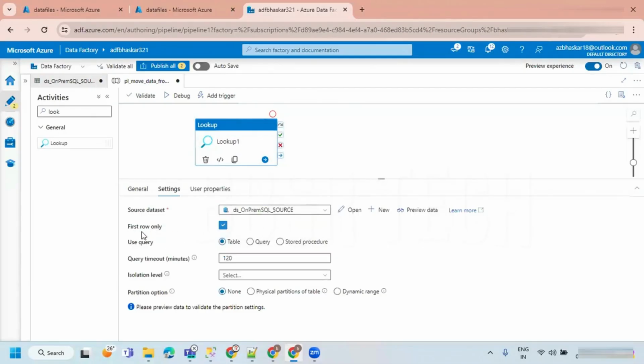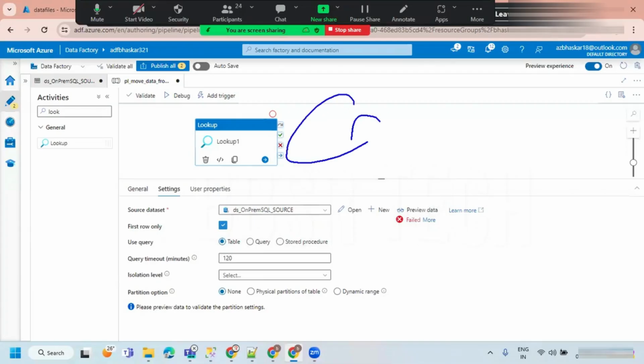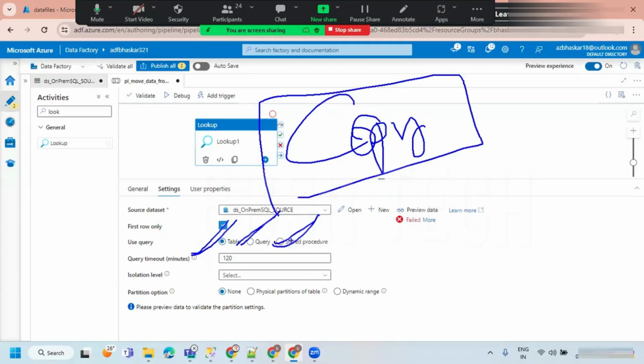By default it returns only one row, and if you preview the data, you can see the connection failed, but that is fine. If you remember, in the copy data activity we came across table, query, and stored procedure. The same is available here also.